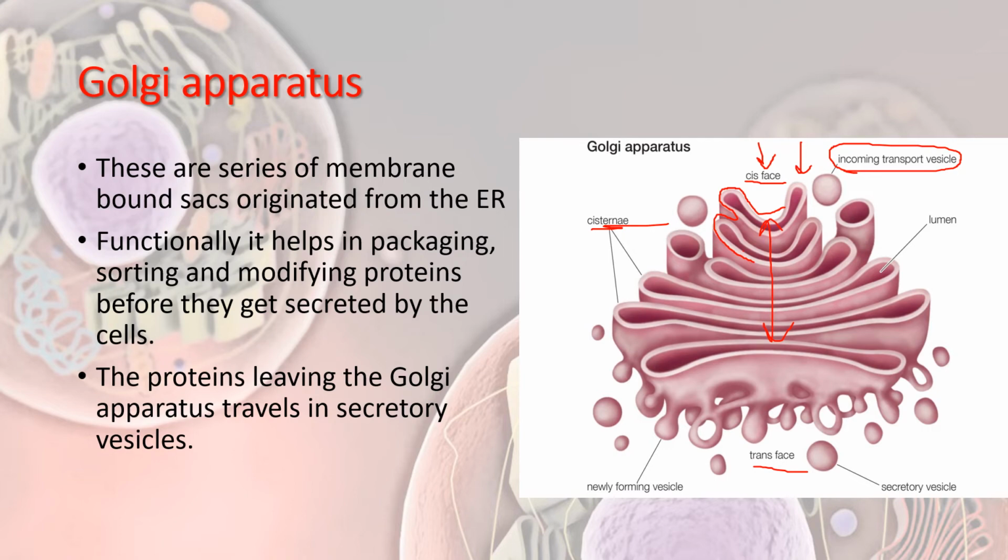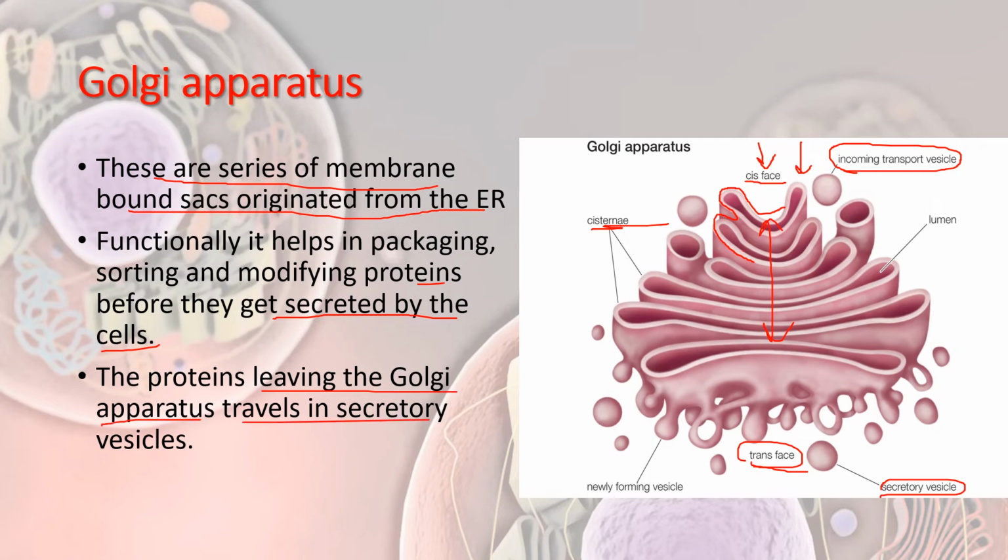After that, from the trans face, the modified and sorted proteins get secreted out in the form of secretory vesicles. So these are the series of membrane bound sacs which originated from the endoplasmic reticulum. Functionally, it helps in packaging, sorting and modifying proteins before they get secreted out by the cell. The proteins leaving the Golgi bodies